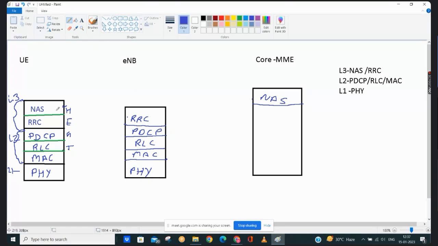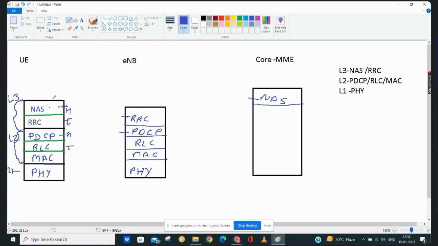In the same way, NAS protocol can communicate with NAS protocol, RRC protocol with RRC, PDCP with PDCP. We can't communicate with any other layer, like RRC or any other layer. Then how does a message transmit from UE to eNode B or vice versa?